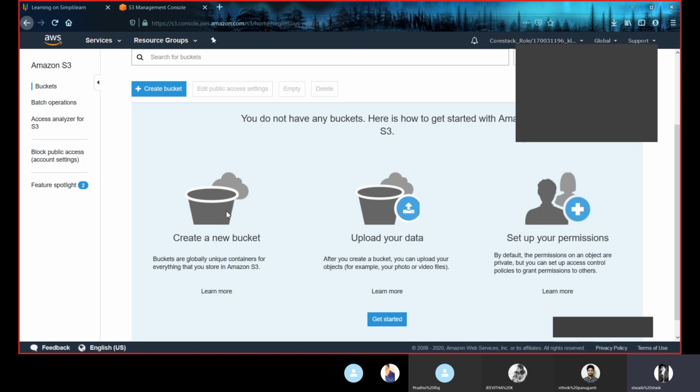Coming to lifecycle management, using lifecycle management, we can transfer data from one type of storage to another type of storage out of the four storages we have. We have four storages in S3. One is Standard, the second one is Standard IA, infrequent access, the third one Glacier, and the fourth one is RRS, reduced redundancy storage. Out of these four, Glacier is the cheapest one, so we generally transfer data from Standard to Glacier or Standard to Standard IA using lifecycle management.